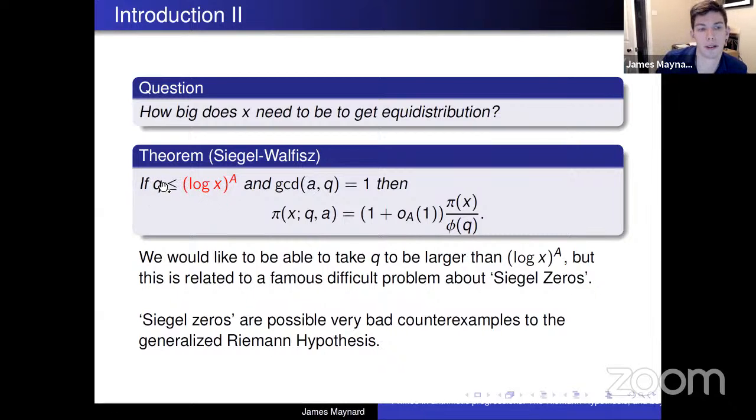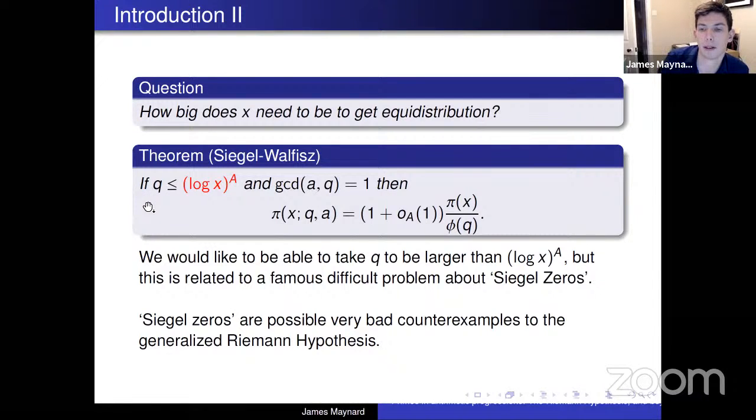Maybe it'd be really nice to take q to be of size square root x or something. So in my numerical example, I had x to be 1 million and q to be 1000, and so q was of size roughly the square root of x. So it would be very nice for applications if you could improve on this range of q,